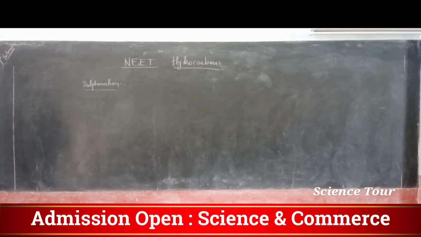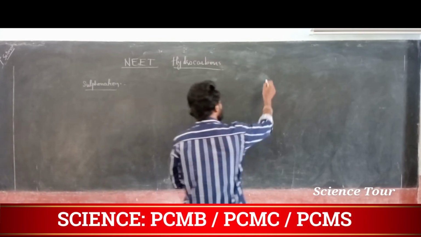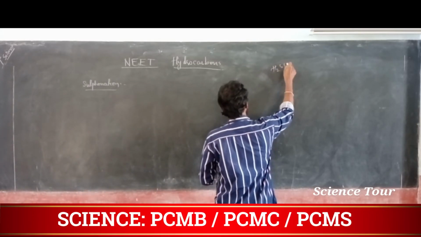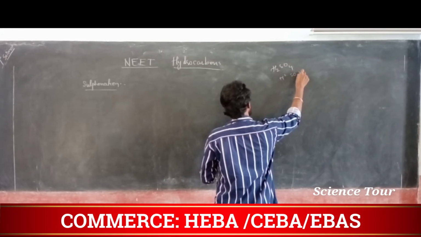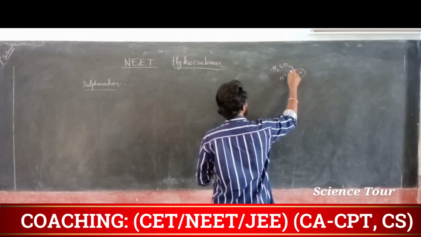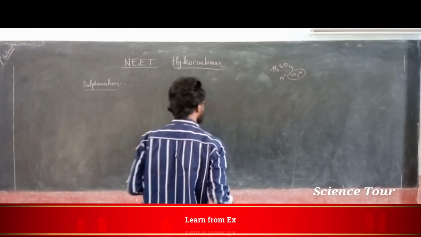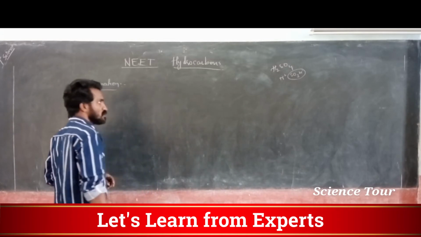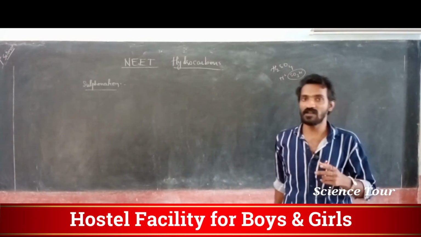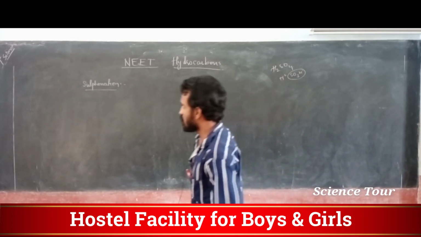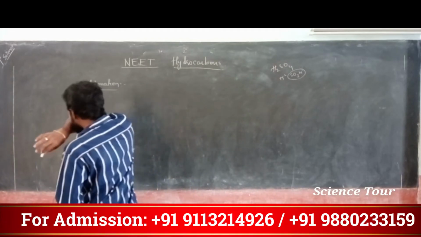Okay, my dear students, next we are going to study alkane sulfonation. Sulfonation means adding a sulfonic group. For example, in H2SO4, we are adding SO3H. This is the sulfonic group. Understood? SO3H is sulfonic, so in sulfonation we are adding SO3H. Nitration, adding NO2. This you remember, my dear students.